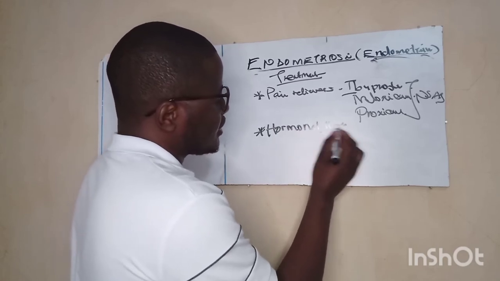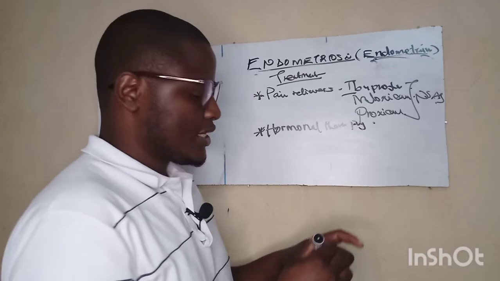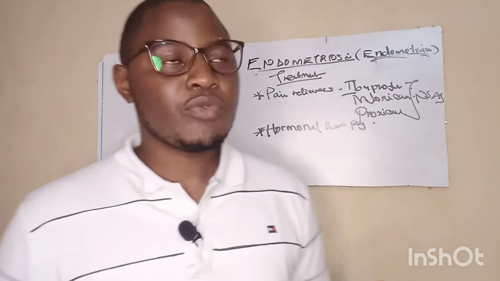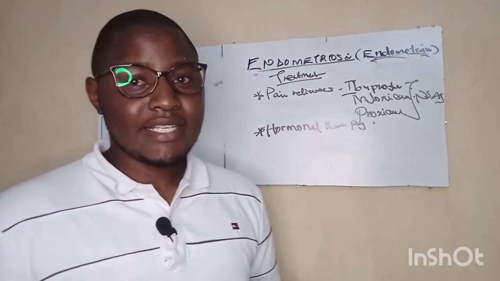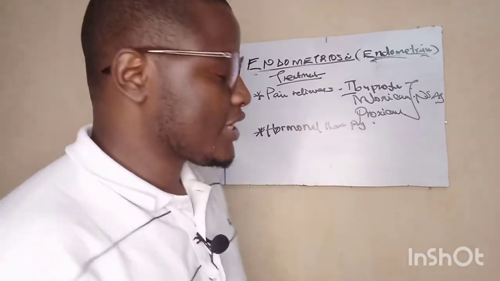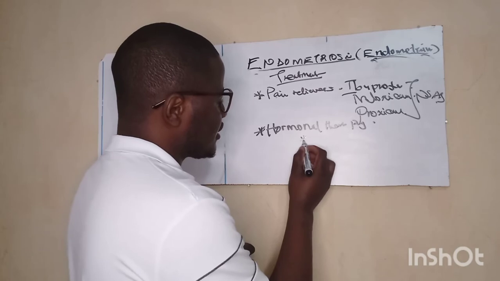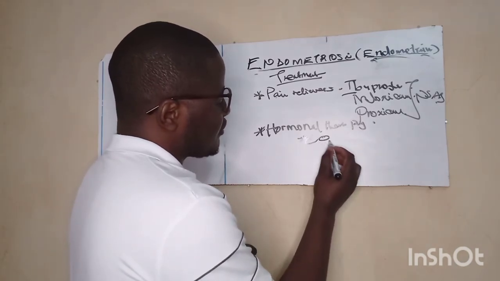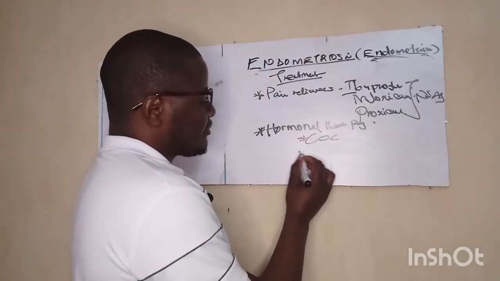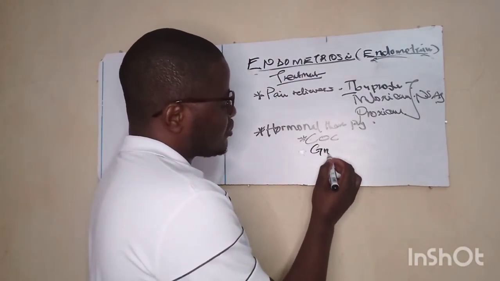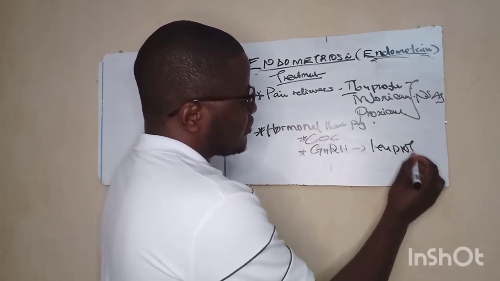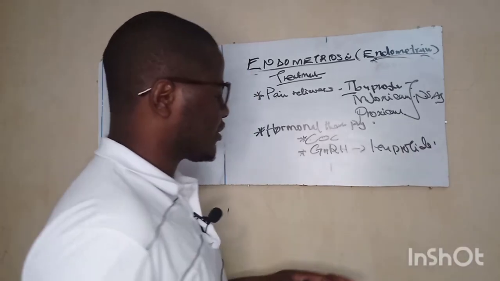So in most cases, we treat you with hormonal therapy, number one, to ease the symptoms, and number two, to make sure that at least we are altering the hormones in the body, so that this condition will not keep on being severe. Some of the hormones that we give, we can decide to give the COC, or the combined oral contraceptives. We also give some drugs that we refer to as gonadotropin releasing hormone. An example of this, we can decide to give you leuprolide injection or even the horals.